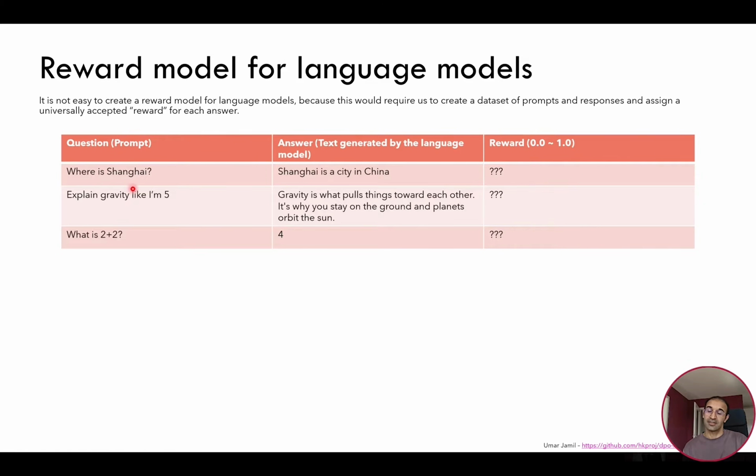Because, for example, let's look at the first question. Where is Shanghai? The answer, suppose it is generated by the language model, is: Shanghai is a city in China. Now, in my opinion, this is a good response because it's short and up to the point. But some other people maybe think that only the word China is enough, because the user just asked where is Shanghai, so there is no need to repeat the word Shanghai. But someone else maybe thinks that this response is too short, and the assistant should say, hello, I think that the answer to your question is Shanghai is a city in China. So different people will have different opinions on what reward to assign to this particular pair of question and answer,